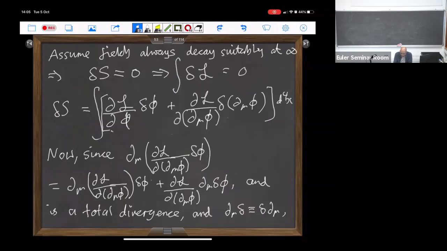Then what we do is we use the following identity. We take this total divergence term and we just use the chain rule. So we get the two terms that you see below. And by definition, d mu of delta is delta of d mu. That's the definition of this functional variation delta. And we remember that this whole thing is a total divergence,